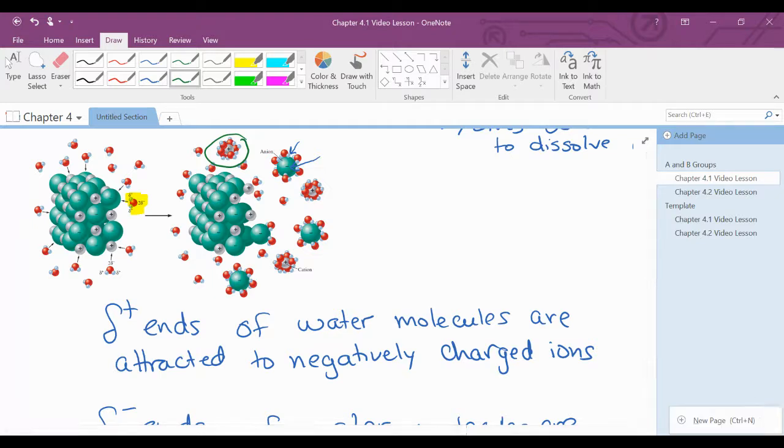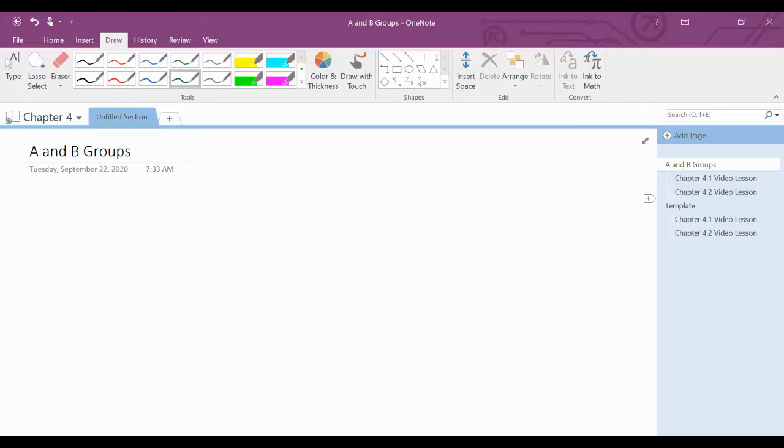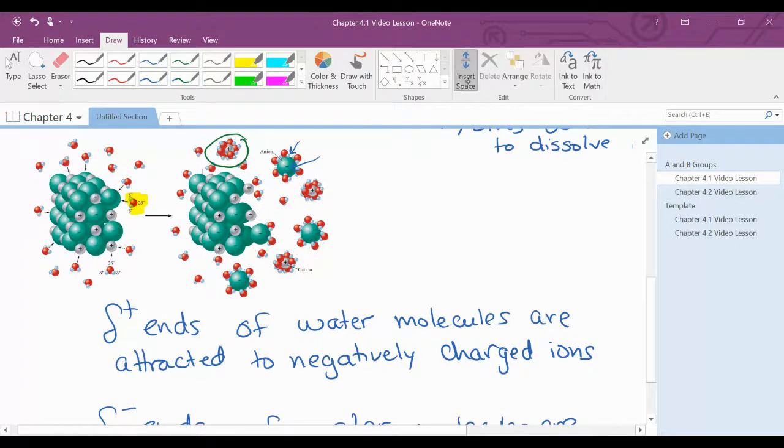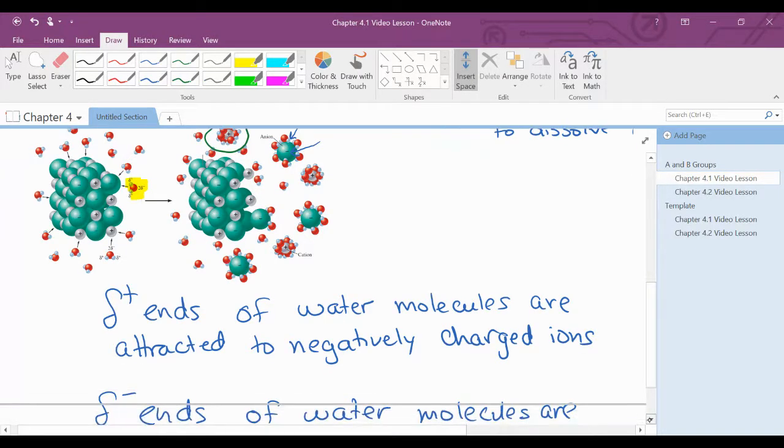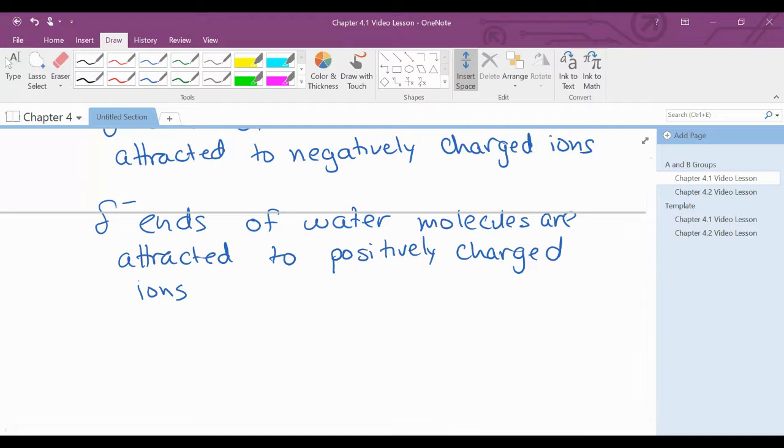And so when you have hydration, if you look at this figure, what's happening is the water's coming in and it causes the salt, the ionic compound, to dissolve in water. It's basically taking apart the crystal lattice of the ionic compound. So hydration